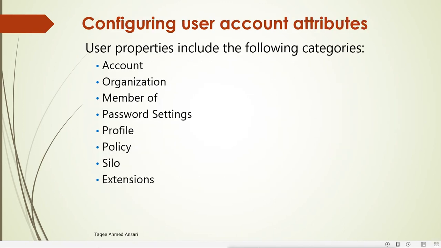Then after creating the account, we configure the account information, like the organization information and member of information. Member of information means which groups the user is a member of, because in Windows all the restrictions and permissions the users get, they get from the groups. We have some predefined default groups which give the users permissions. When we create a user account in Active Directory, by default all normal accounts will be members of the Domain Users group, and they will get only the permissions which that Domain Users group has.